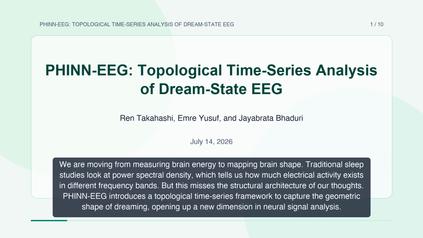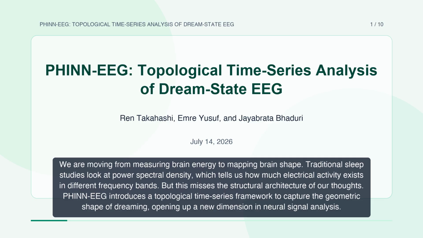We are moving from measuring brain energy to mapping brain shape. Traditional sleep studies look at power spectral density, which tells us how much electrical activity exists in different frequency bands. But this misses the structural architecture of our thoughts. PHINN-EEG introduces a topological time series framework to capture the geometric shape of dreaming, opening up a new dimension in